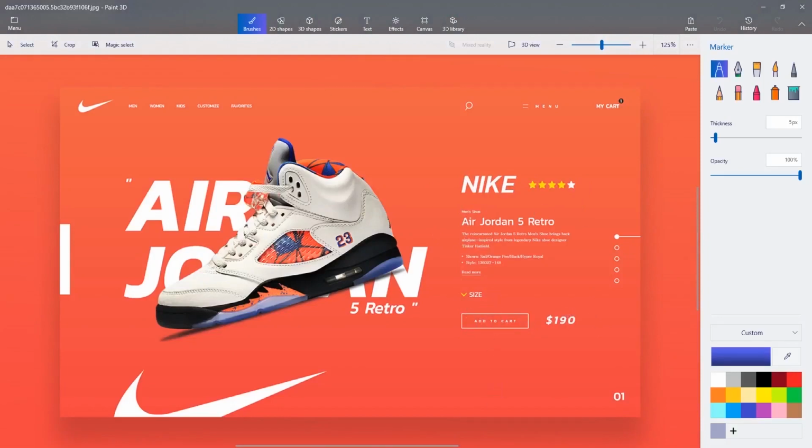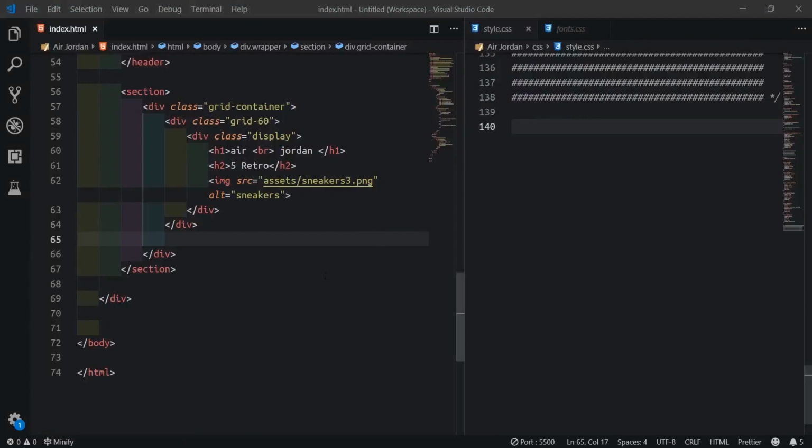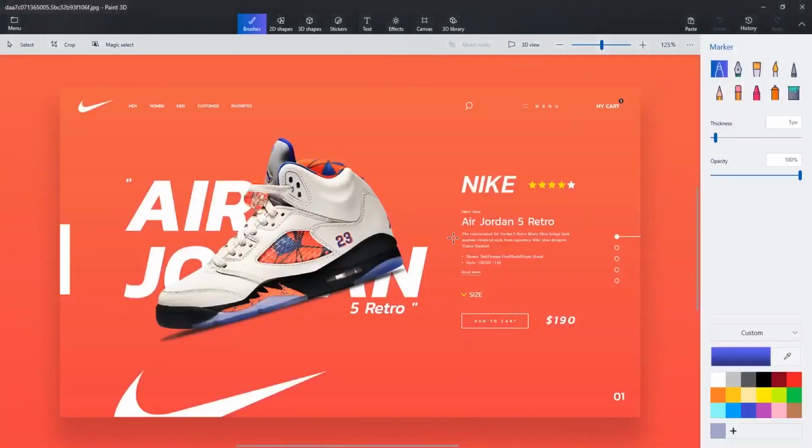So what we'll do, we'll create a grid. The grid now will be grid 35. Then we'll put a prefix because I notice the spacing here.